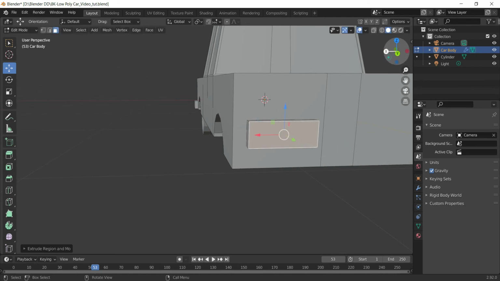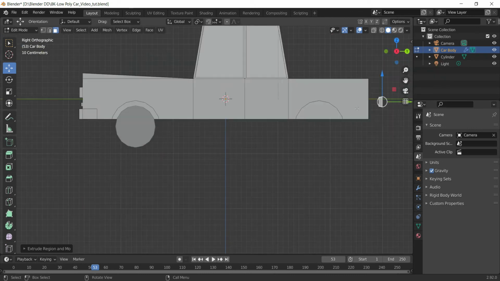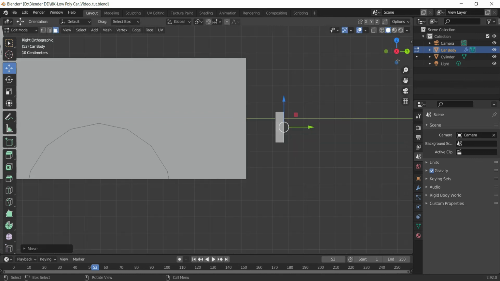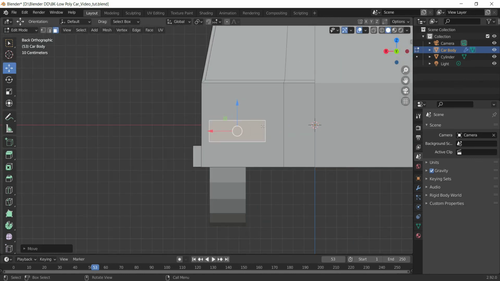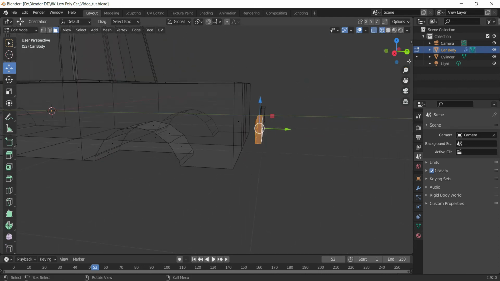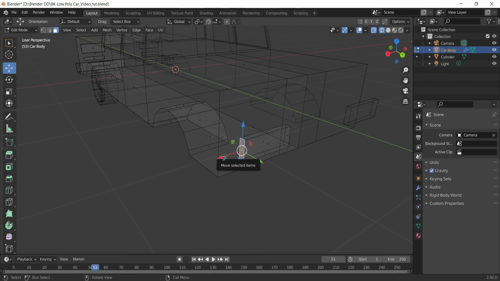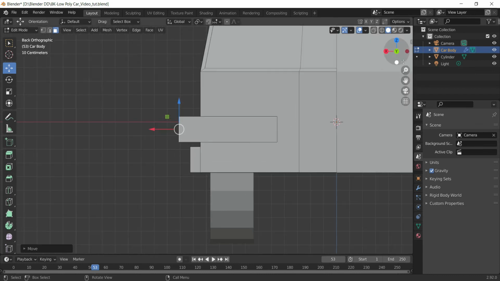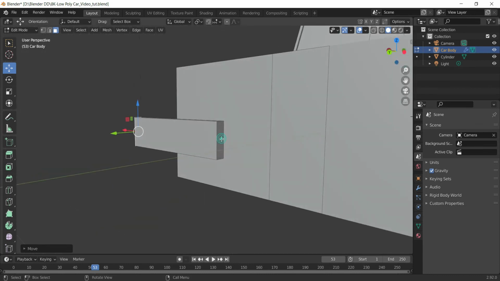Extrude it a bit outwards. I think not too much. Let's check. This much seems about right. And just to make a difference over here, I am not going to keep this sort of shape for the tail light. What I'll do, I'll make it on the side as well, the tail light part. So we'll come here and you see it is going way too big, so we will reduce its size like this.